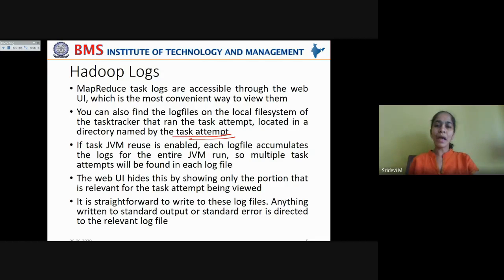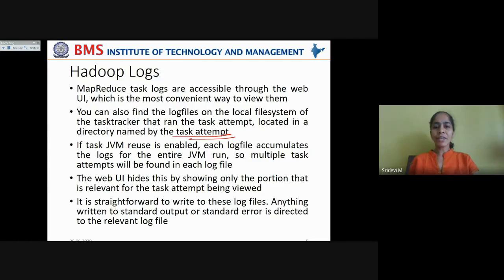I showed you in the previous session, in the task details page, you will have the directory where the actual task attempt is being run. So this particular log file will be located in a directory named by the task attempt.